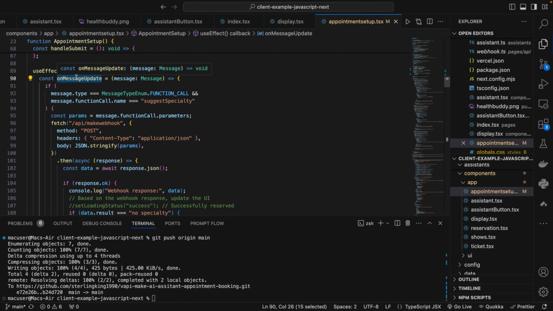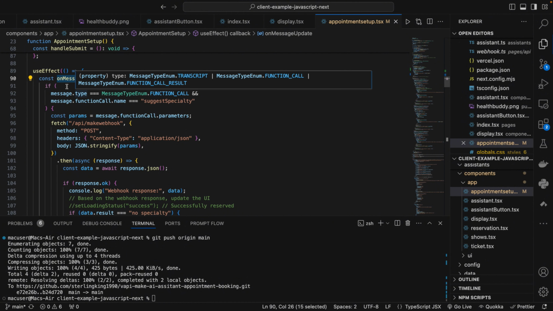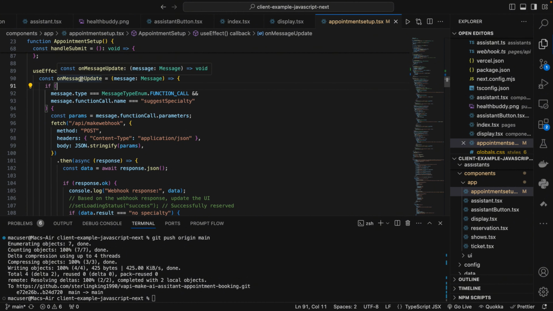So this particular function gets executed, and now we're checking the message type as well as the function call name, right? We're checking, okay, this is a suggest specialty function being called because the user has uttered something related to this suggest specialty, as you all have seen earlier from the description of the